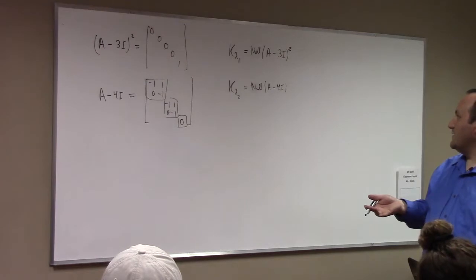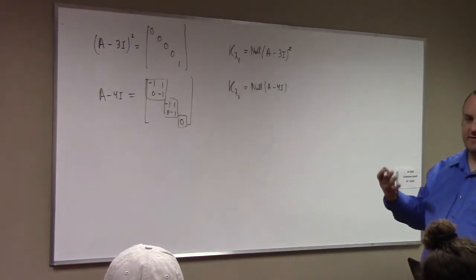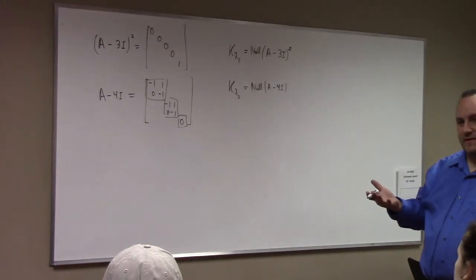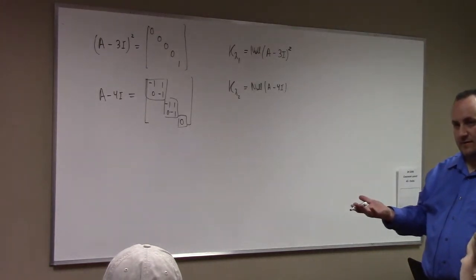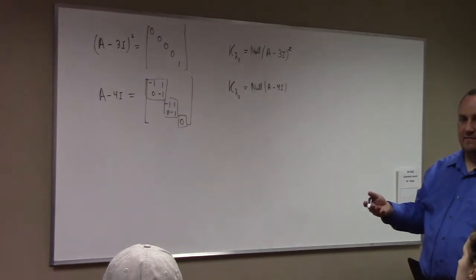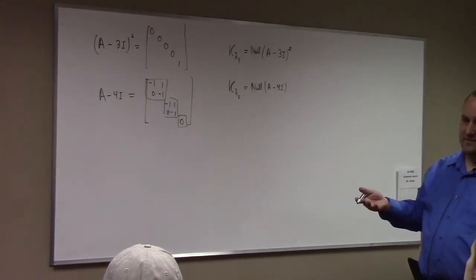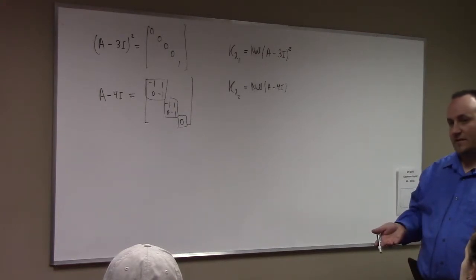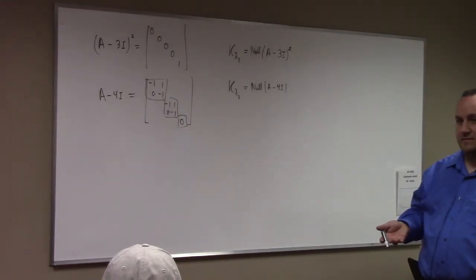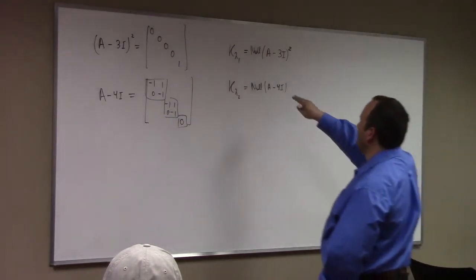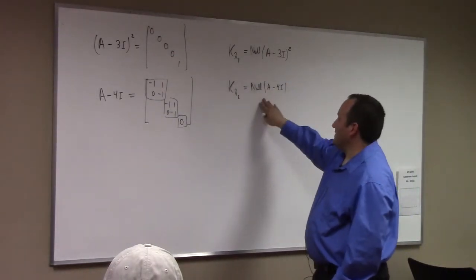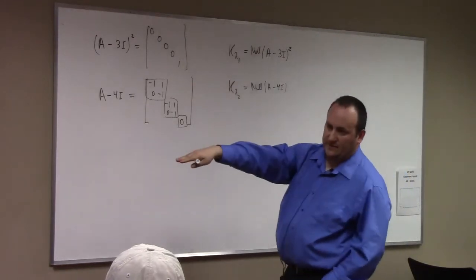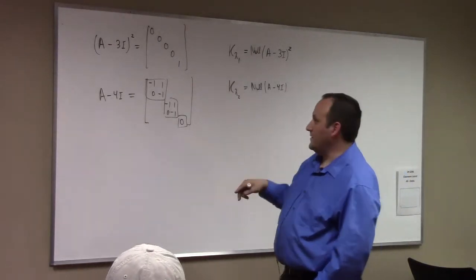But if you think about it, the null space of a minus 3i squared is going to have two things in it. It's going to have anything that's sent to 0 by a minus 3i, which are eigenvectors with eigenvalue 3, right? And it's also going to have anything that maybe isn't sent to 0 by a minus 3i, but is sent to 0 by a minus 3i squared, which would be a generalized eigenvector of order 2 with eigenvalue 3. So this equation makes a lot of sense, as does this.